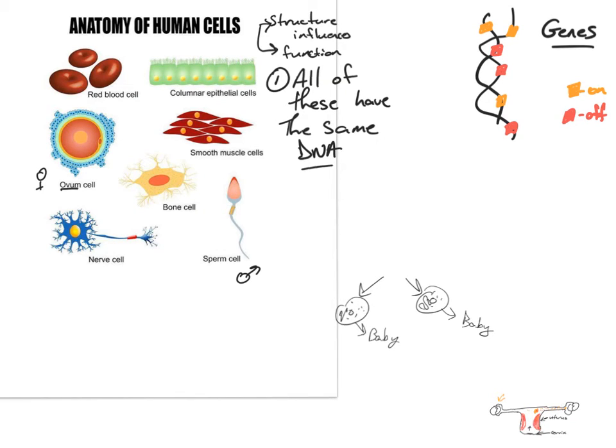That's the pattern when you're making an eye. When you want to make a red blood cell, you have these on, and then this one ends up turning off. So your pattern's different. So you're turning different genes